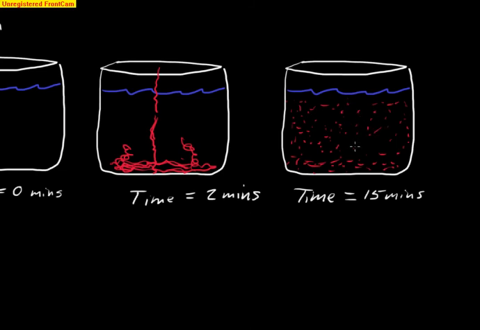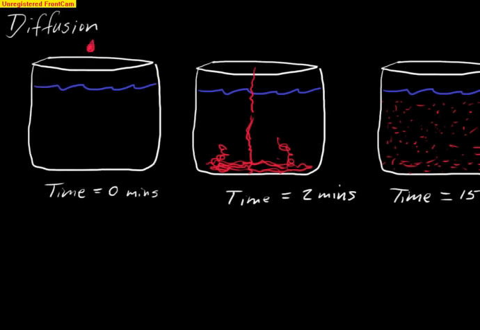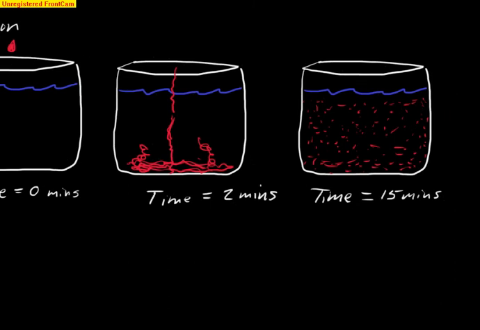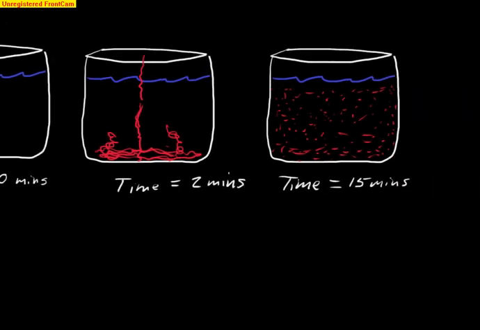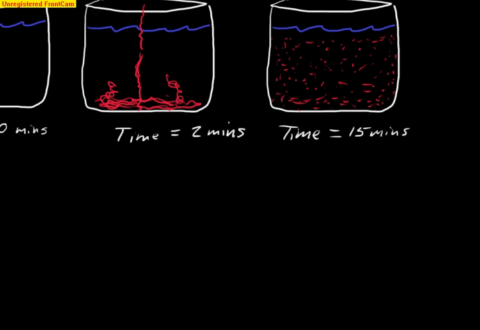What's causing it to spread out? Because we're not stirring it, we're not moving it around or anything like that. So what's causing this effect? That's kind of the question, and that's where we get into this concept of diffusion. So what's happening with this diffusion, if you could zoom in and look at the molecules, let's just say we could zoom in and look at the molecules inside of there,